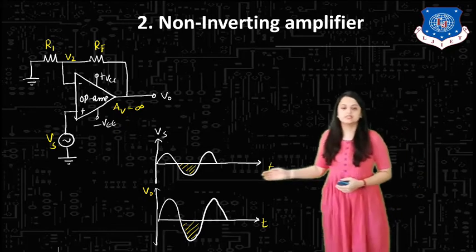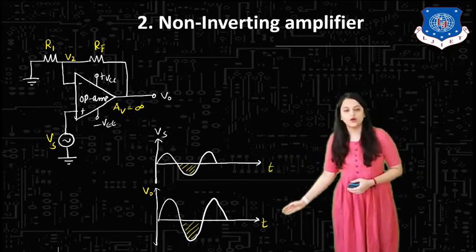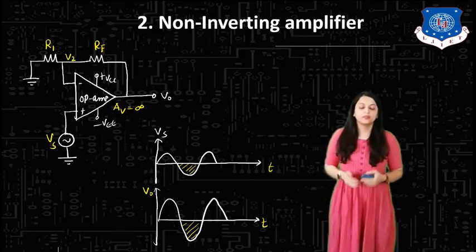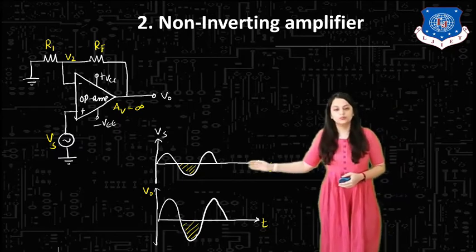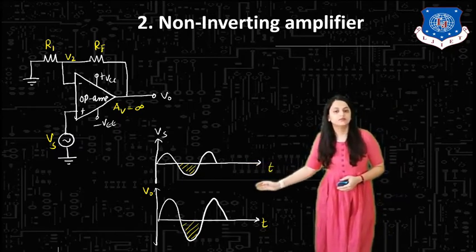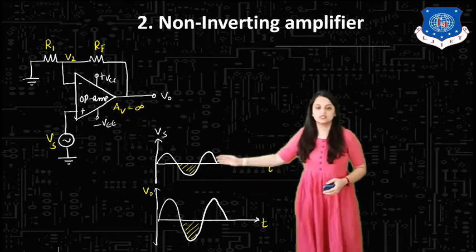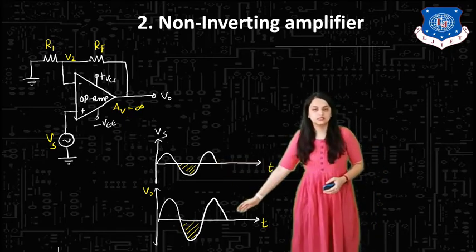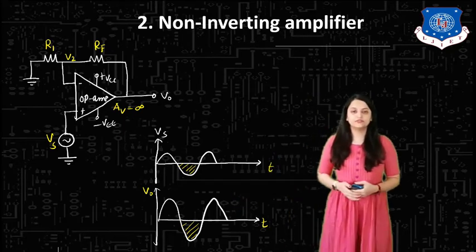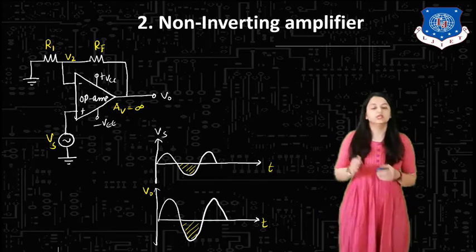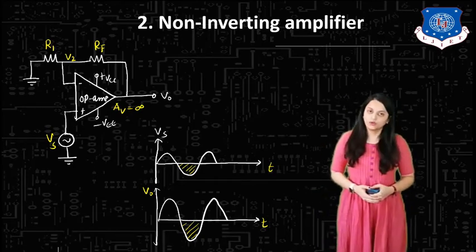Now you can see the waveforms over here, the source voltage as input, and according to that the output voltage waveform. We are using a non-inverting amplifier, that's why the output is not inverted; it is in phase with the input and is its amplified signal. So as you can see for this cycle, the output is in the same phase but with the amplified version. So in a non-inverting amplifier, there is no phase shift introduced. It will be in phase with the input or source voltage.